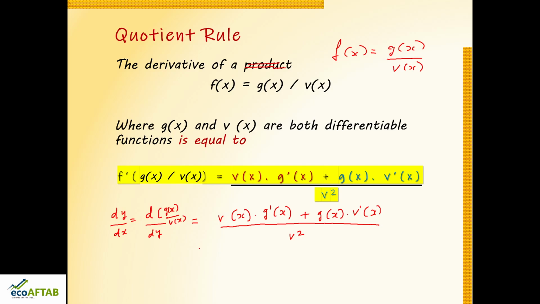I am not going into the depth of the derivation of this. If at all you feel the need, tell me in the comment section. I will prepare a video on how we derived the formula of the quotient rule. As of now, this is enough. There is one more rule, friends, called the chain rule, about which I will not speak now. Later, in the next classes, wherever I feel necessary or wherever in economics we come across this rule, then and there I will solve it and explain the chain rule.